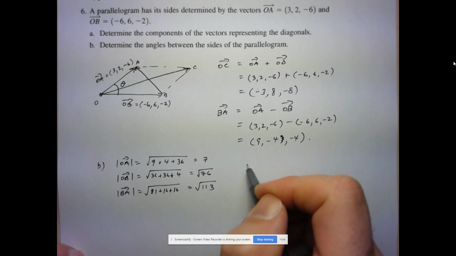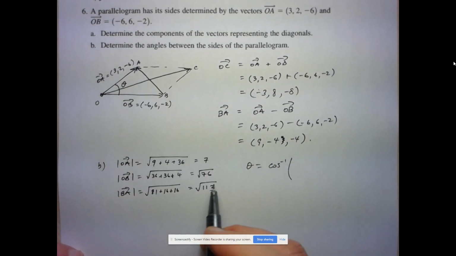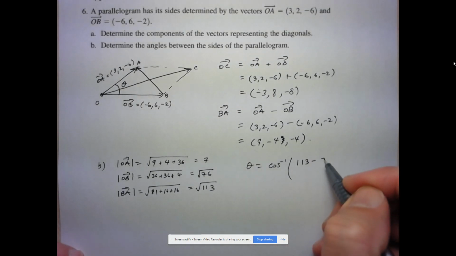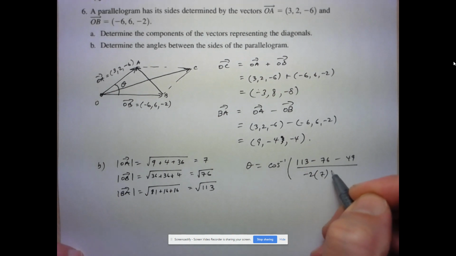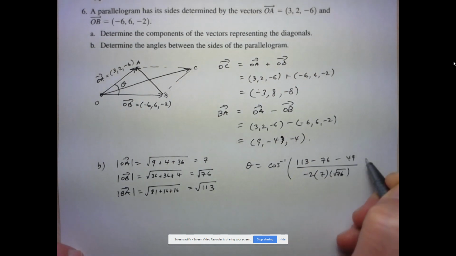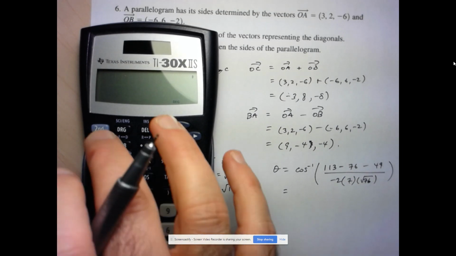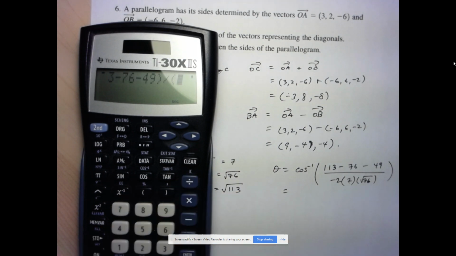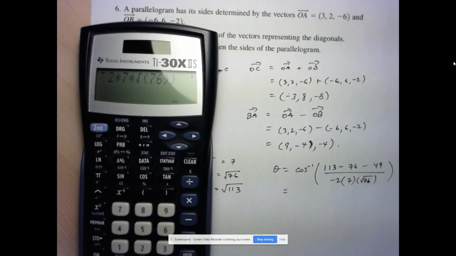So I'm going to use the cosine law here. So theta is going to be the cos inverse of, so its opposite side is this side here. So it's going to be root 113 squared, which is just 113, minus root 76 squared, which is 76, minus 7 squared, which is 49, all over negative 2 times 7 times square root of 76. All right, and let's calculate that here. All right, so cos inverse of, open the bracket, 113 minus 76 minus 49 divided by negative 2 times 7 times square root of 76. And that gives us